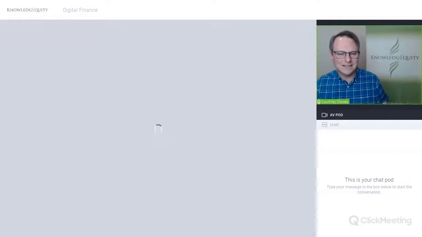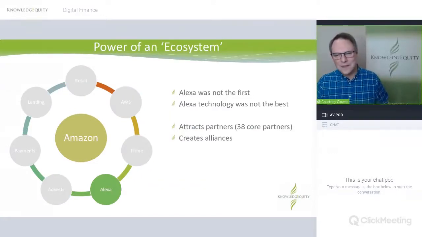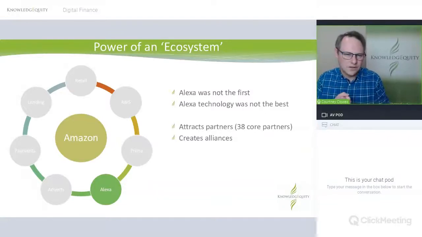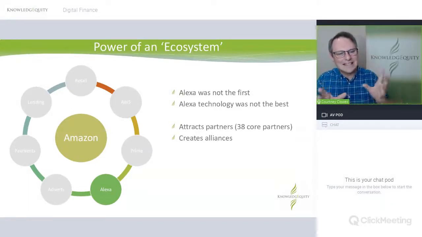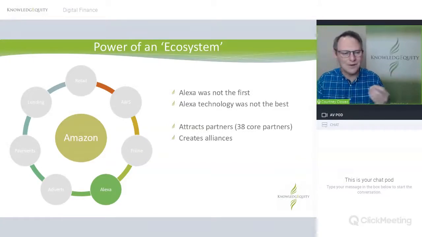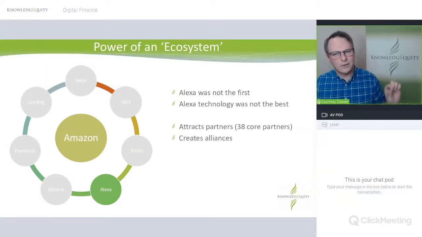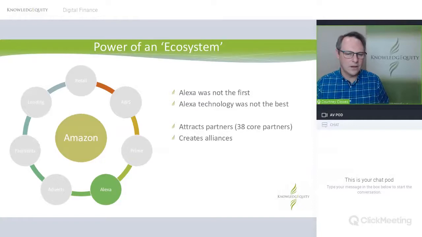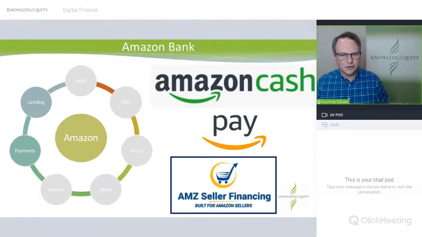And then they get to the payments and lending section, quite extraordinary. So you may or may not have used Alexa. And interestingly, it's not the first type of virtual assistant. It's not even the best technology, but what makes it work so well is that it's integrated into the retail, AWS, the Prime, that everything else that's happening, which makes it one more powerful step at combining everything together, just like we looked at that Apple ecosystem earlier. So they have lots of partners. They're spread across multiple continents, doing huge amounts of work across many, many industries.